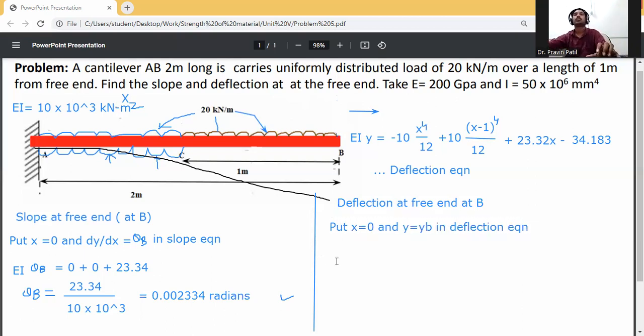So EI yB is equal to, in this deflection equation,